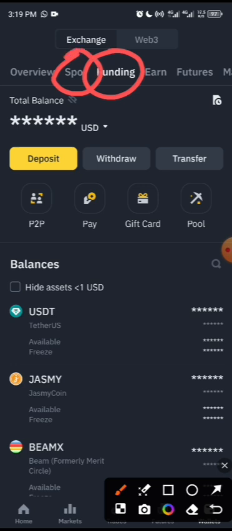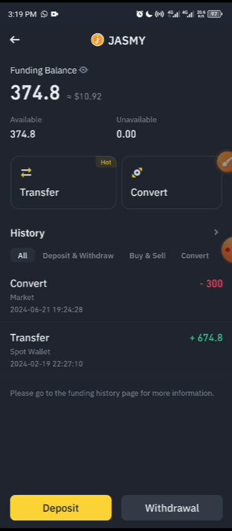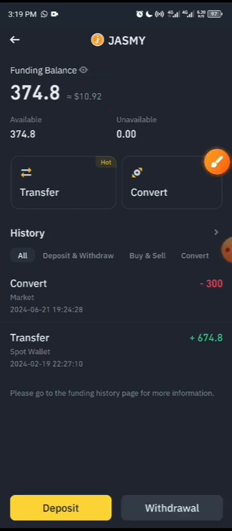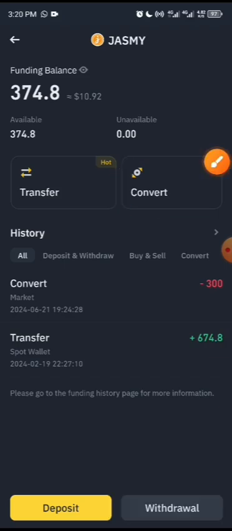So I want to actually convert Jasmine into USDT. So I'm going to click on Jasmine. All right, so I want to convert 374 Jasmine to USDT, and this is the equivalent, just as you have it here on the screen. If you want to go through this way, because you have your funds under the funding section, what you are going to do is to click on convert. So click on convert. That is why I actually tag this video convert or trade. Do you get it? So if you click on convert,